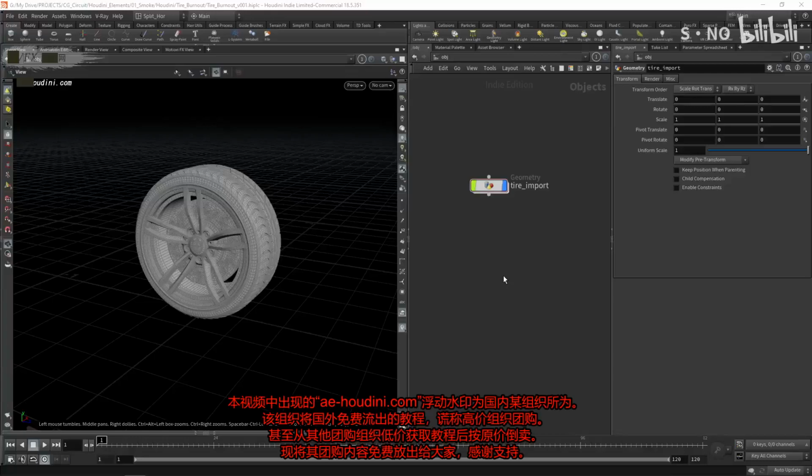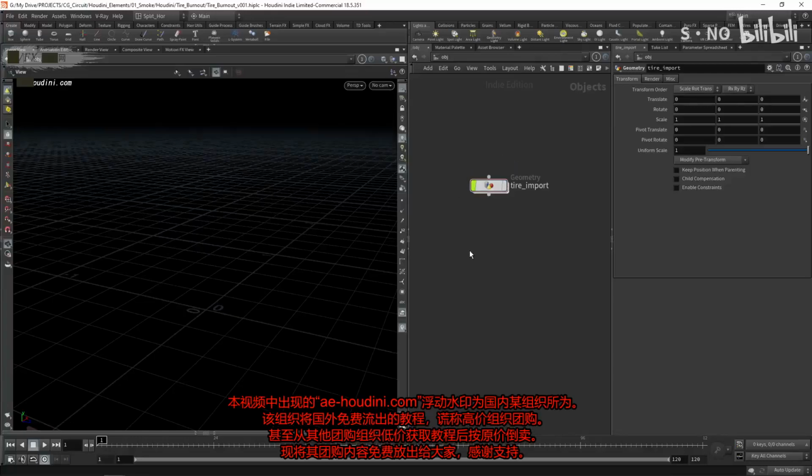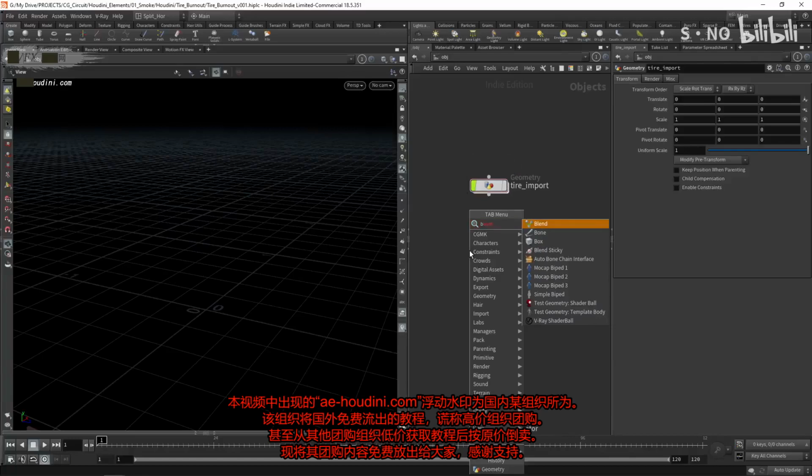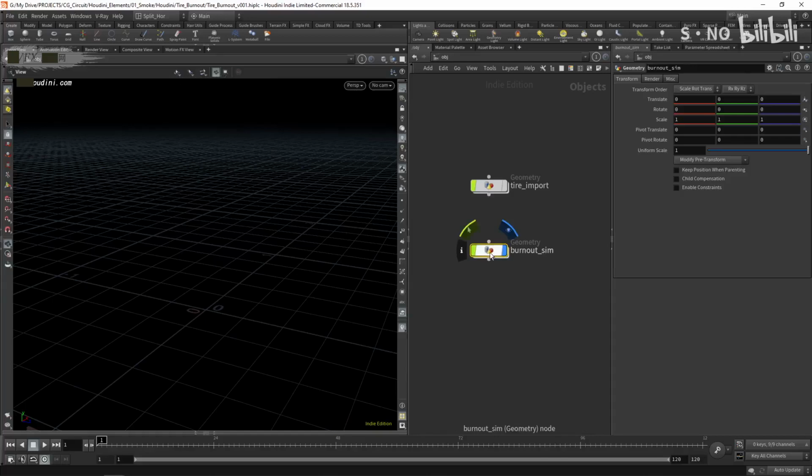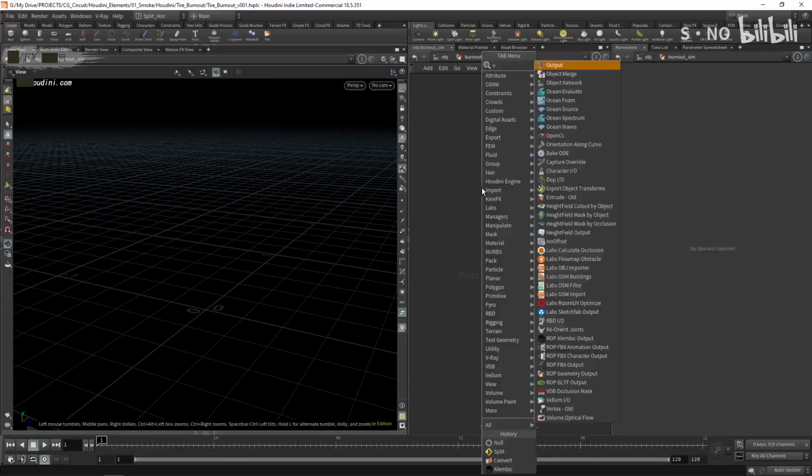Okay, now that we have the tire imported, we can actually hide this, and let's create another geometry container. And on this one, we're going to be calling it burnout sim. We're going to be doing everything else here. Let's dive inside and let's create an object merge